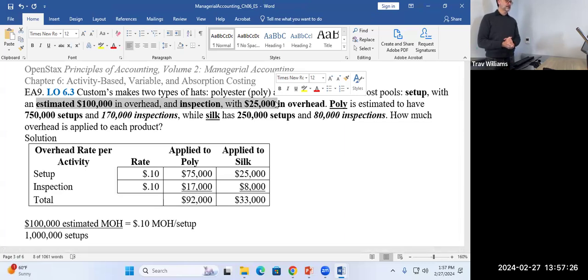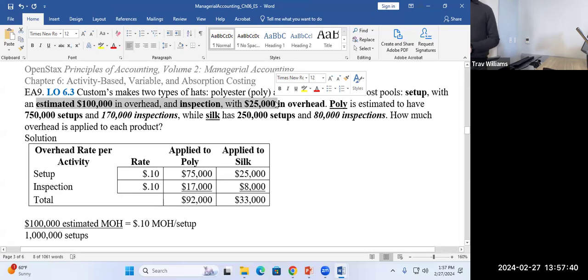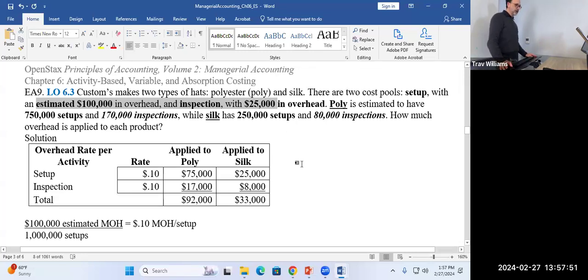All right, so this was again 2 products with 2 activities. Basically, I'd say twice as hard as doing the traditional method. Okay, but you're going to get better at this to the point where you'll be doing 5 activities and multiple products with no problem. All right, are there any questions on this exercise?